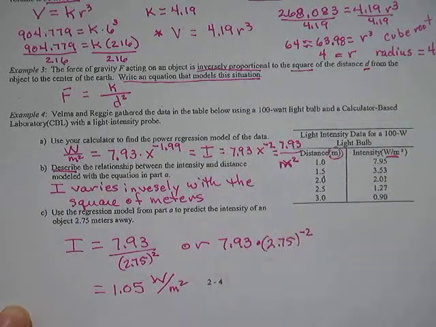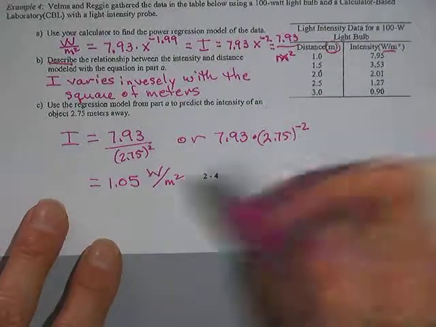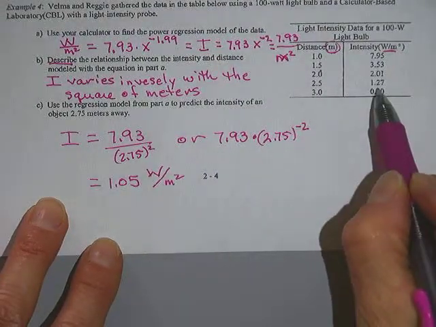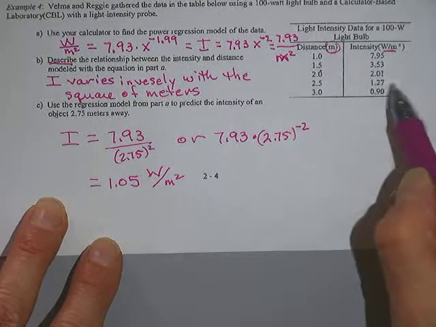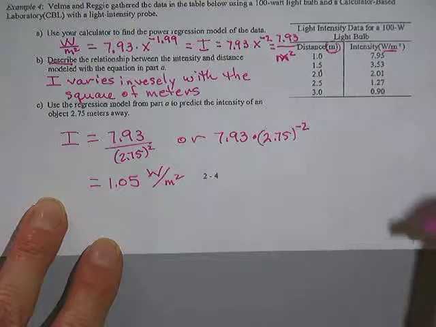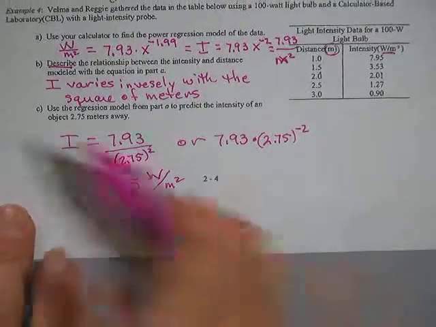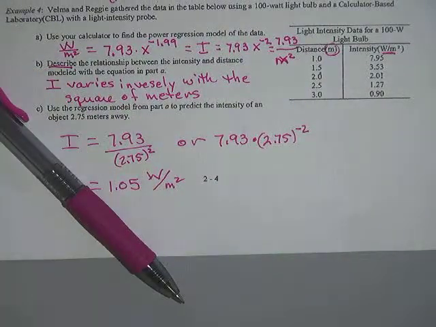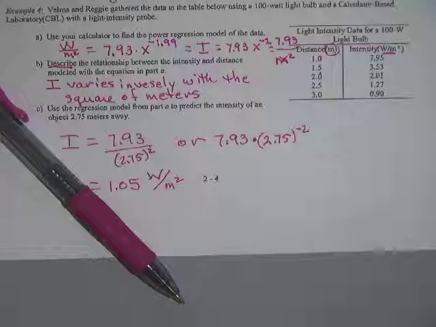And the label for that is W per meters squared. Okay? And does that kind of make sense? 2.75 is in between, and is 1.05 in between those two numbers. Yeah, so your answer makes sense. Okay? All right. Now,